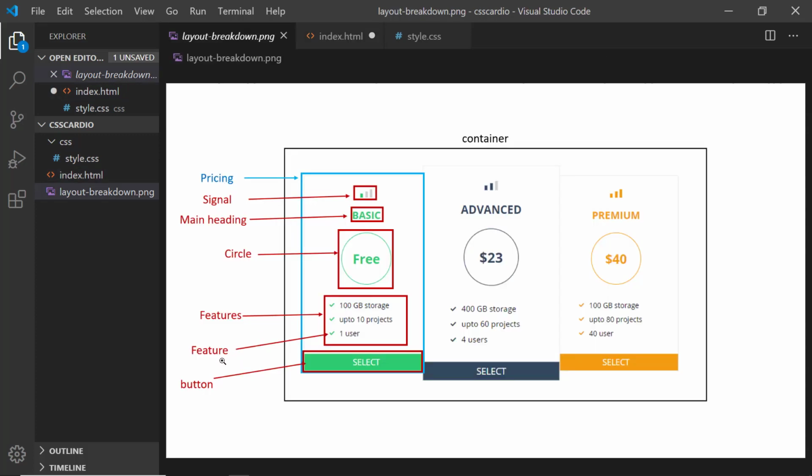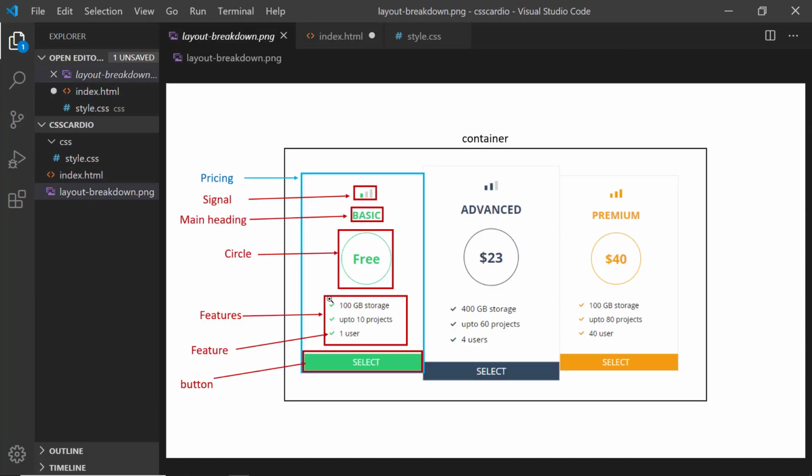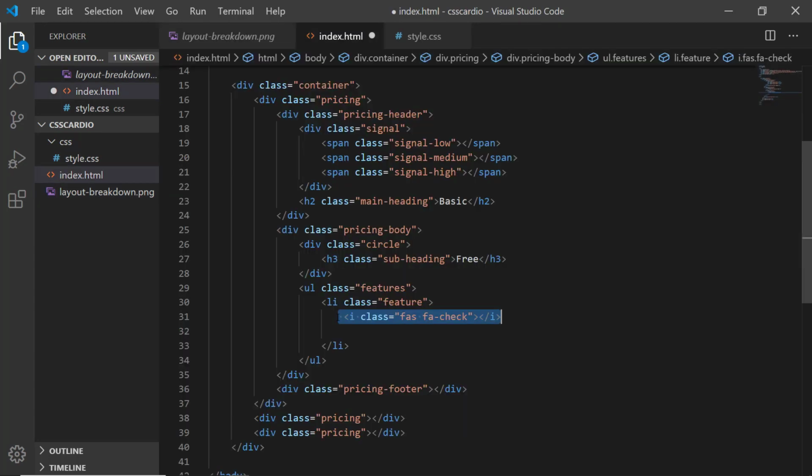Inside a single feature structure, we have this check mark and the title. The class for the check mark is fas fa-check. As I said before, we are using Font Awesome for these icons. As I have already put the icon here, all we need is to add the feature text, 100 GB